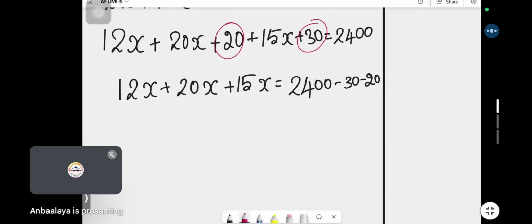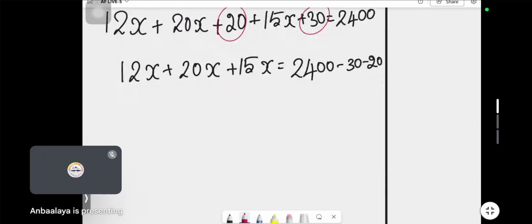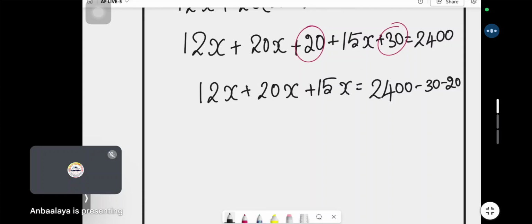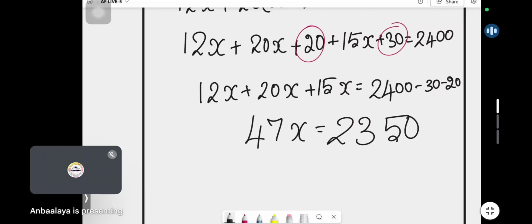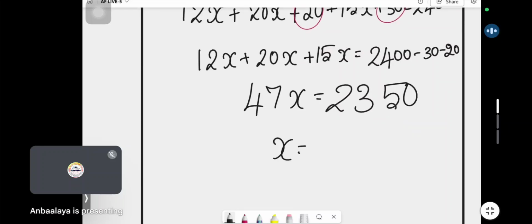It's 52x? No, add properly, dear. It's not 52. 20 and 15 is 35. It's 47x. Yeah, it's 47x. 47x is equal to 2,400 minus 50. What do you get? 2,350. So x is equal to